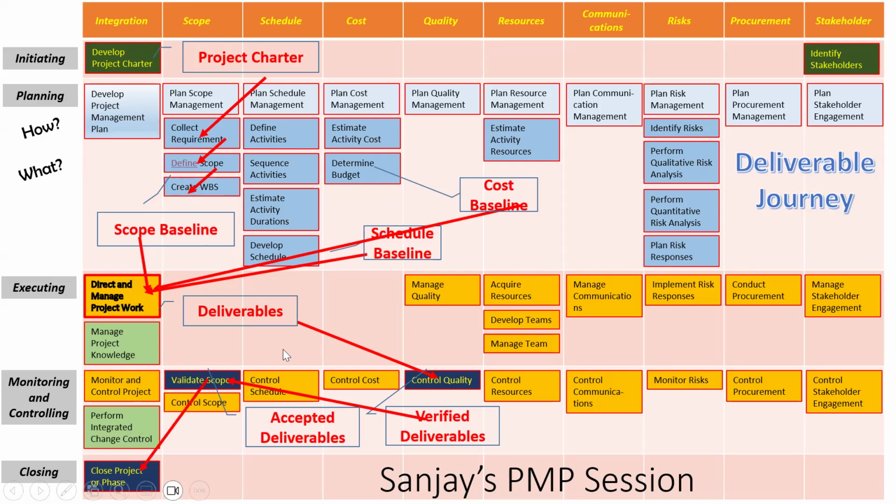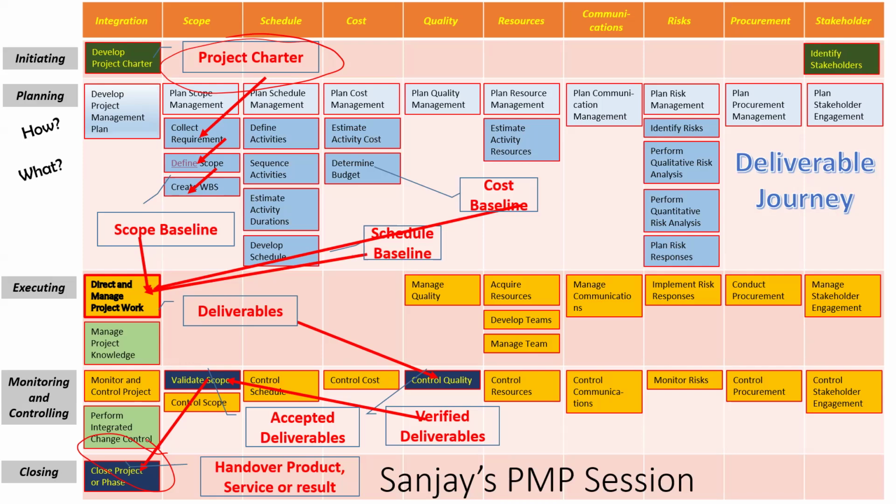And once that happens, it goes to Close Project or Phase. So that's the way it works: there was a charter. In the charter, it was said that we'll implement a CRM system. In the closed project, the CRM system is handed over. This is how it is happening. Project charter is being used, then requirements are collected, broken down into the scope, creating the WBS.